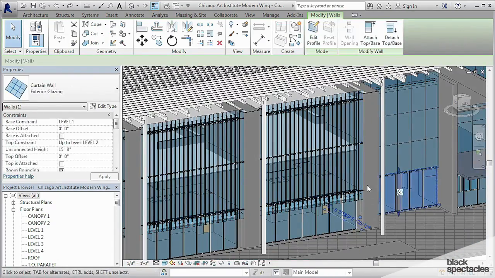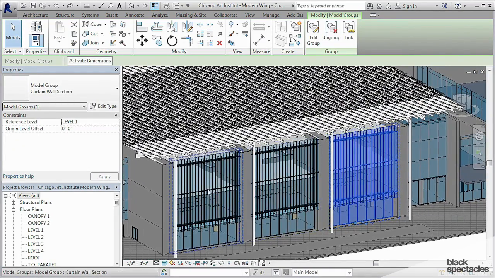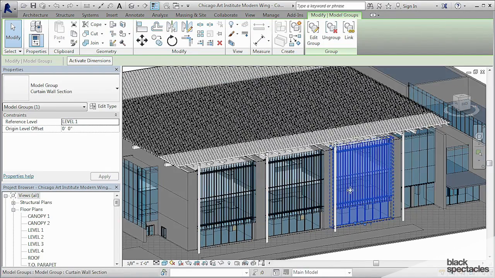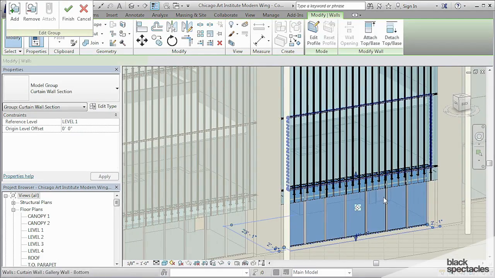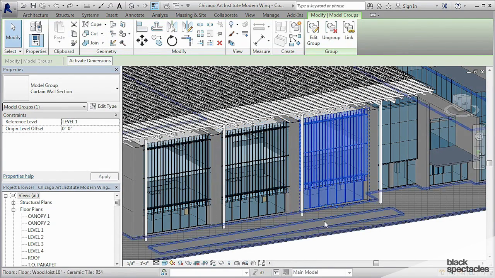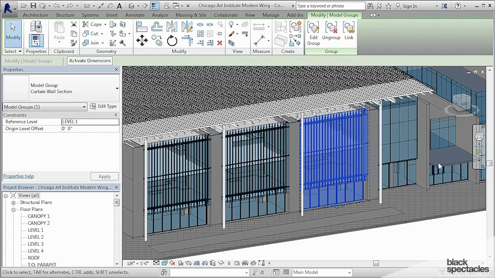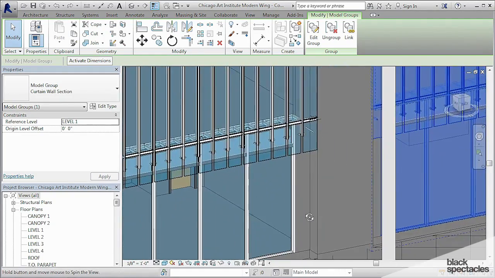And then actually what I did is I put all of that into a group and then just copied that group over into the other two bays. And so now if any changes have to be made to this, I just edit the group. I edit whatever needs to be edited, and then click finish, and the other two bays update because these three bays are exactly identical. And like I said, that's a pretty complicated curtain panel, but as long as you map